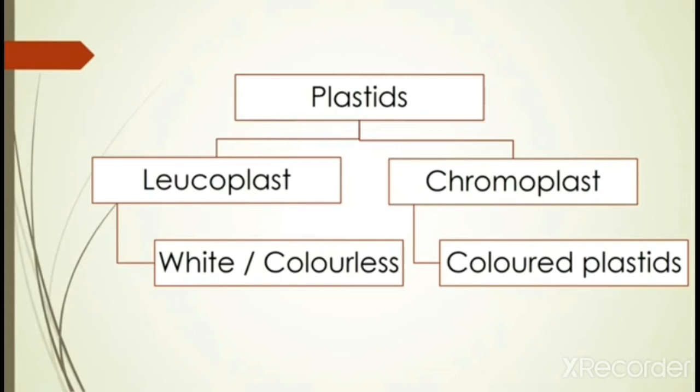You must have seen a lot of flowers which are yellow, orange, red in color. You also know that the leaves of the plants are green in color. The different colors that you see around you in plants are because of the chromoplast. So it is clearly understood that plastids are the organelles which are present only in plants.